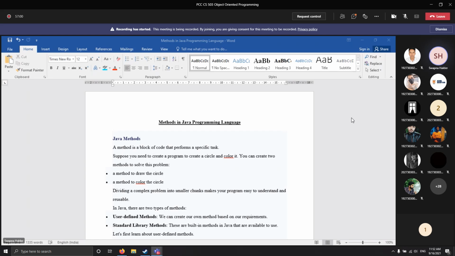Okay, the time is already over, so we'll discuss the method overloading concept the next day, as well as the constructor. These two parts are very important. This is the basic for Java, that is the class, object, method, and constructor. So the next two parts, that is the extended feature of method, that is method overloading, and as well as the concept of special method, that is constructor, we will discuss in the next class. Till then,